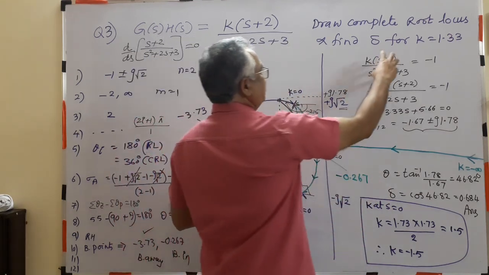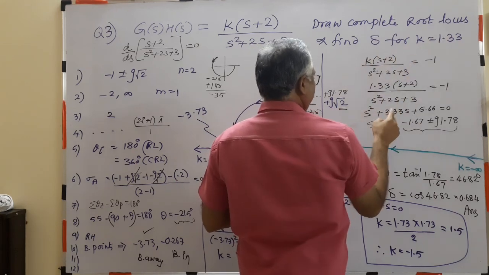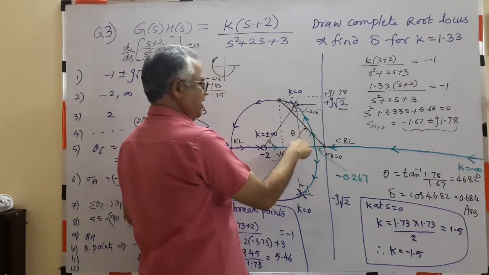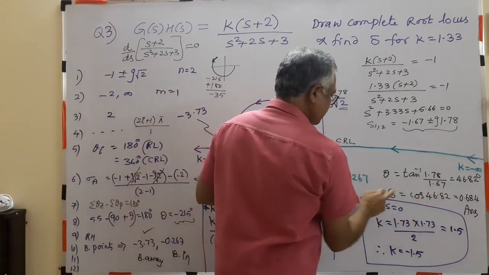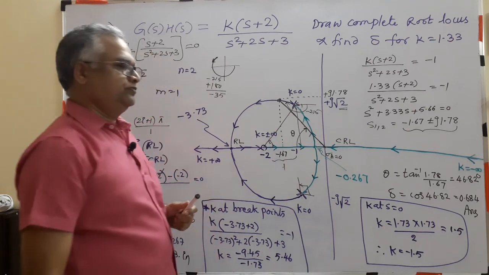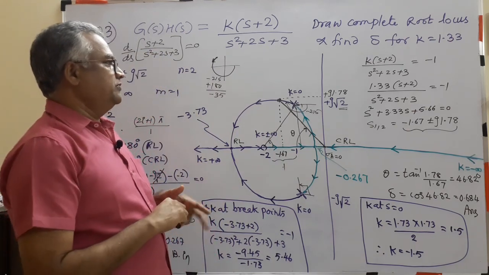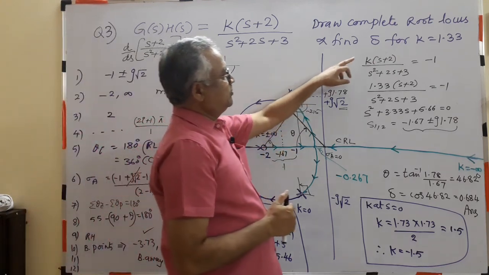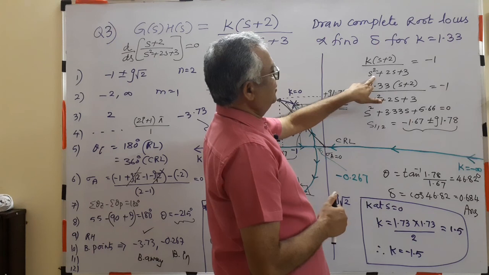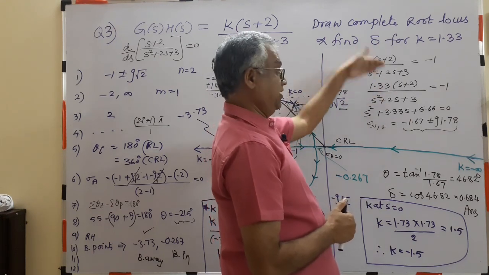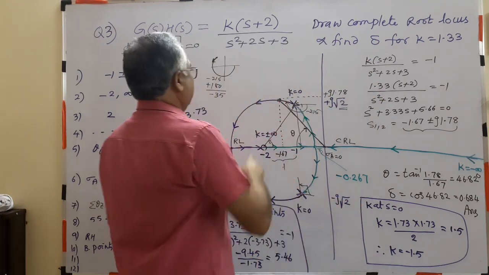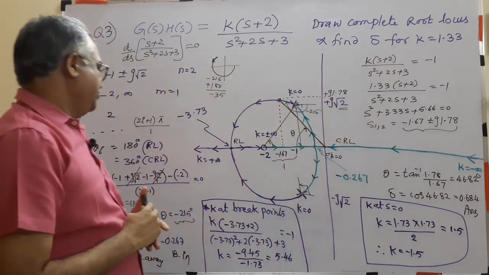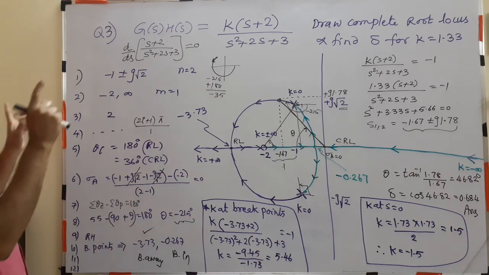So simply in this problem replace k with this, solve for S. That S point locate, join to origin, measure the angle, cos of that angle is nothing but the damping ratio. It's a reverse process. So this question, that question, both are equally important, but this process is easy if it is a second order. If it is a third order, fourth order, this will take a lot of time. But because of second order, this question I asked and the concept is important. Okay, so that problem is done.